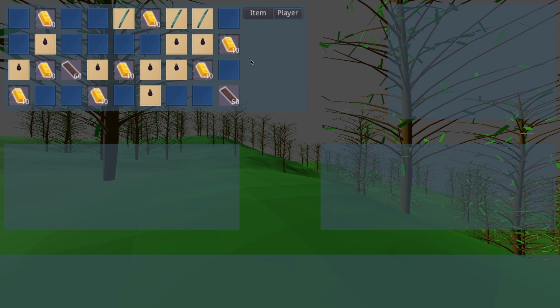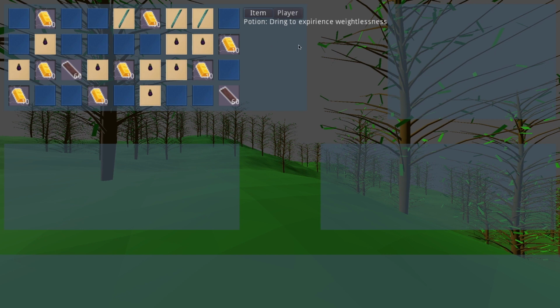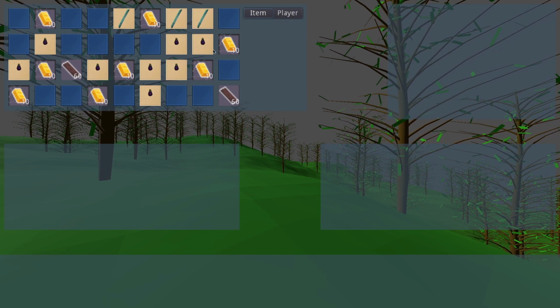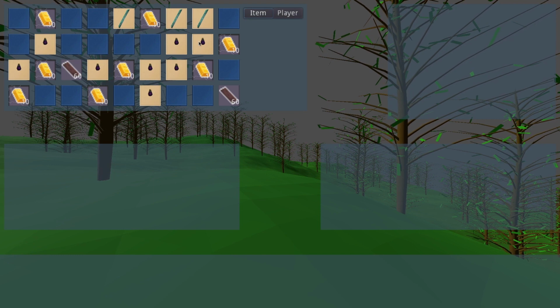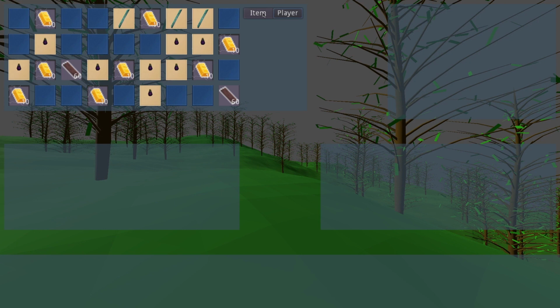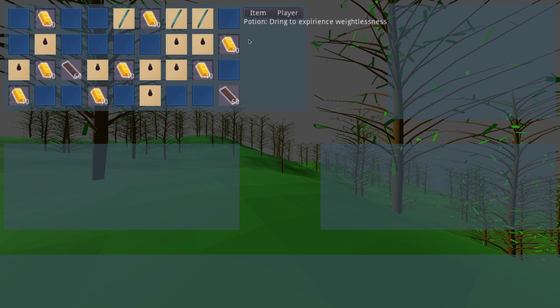which isn't generating anything yet, but it has a tooltip here too. It's just a tooltip of an empty string for now. And I can click on anything like, again, gold is generating a tooltip, but it's just an empty tooltip. So I'll go back to potion here. But you have a player tab to see your player data, like how hot you are and that kind of thing. I don't know what's actually going to go in here, but I know that I want to have something. And then your item data,